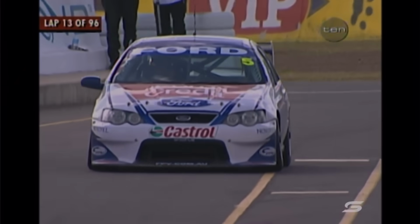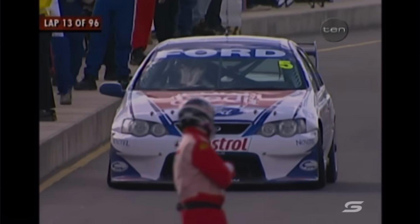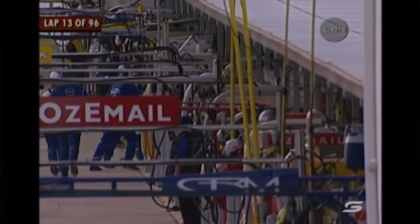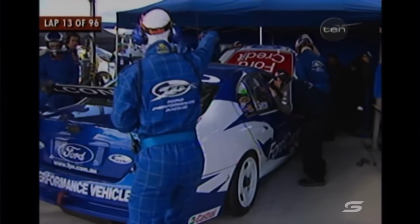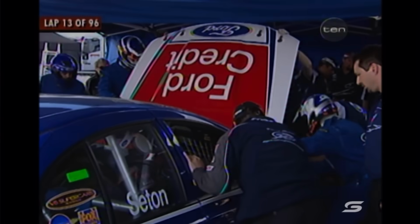Seton's in. Remember, the pit window opened on lap 2. So Glenn Seton decides to come in on lap 13. By the way, HRT expect to have their second new car, the sister car. That's a Glenn Seton problem, that's a big problem. He's gone straight in and parked it. And we understand that he slowed on the track. I think Greg Rust has gone straight down there to check it out. Goods up for Seton. As the FPR guys go to...